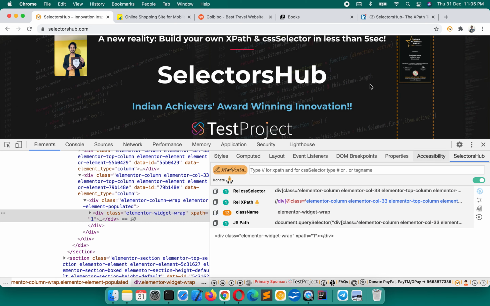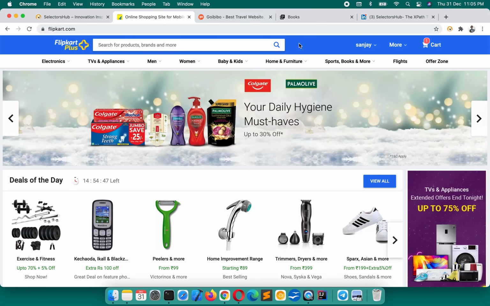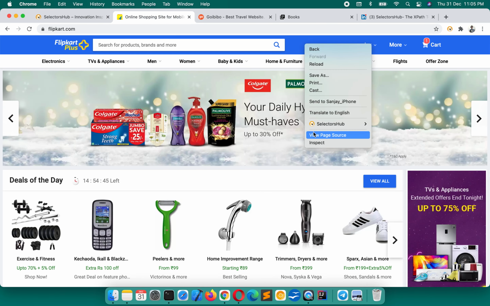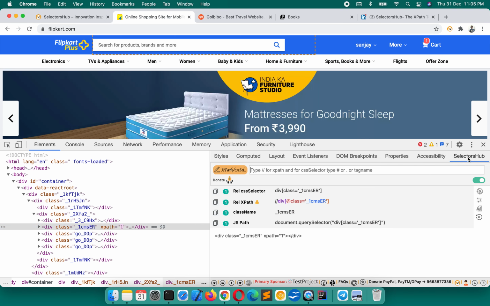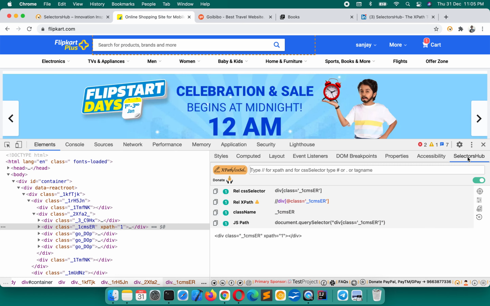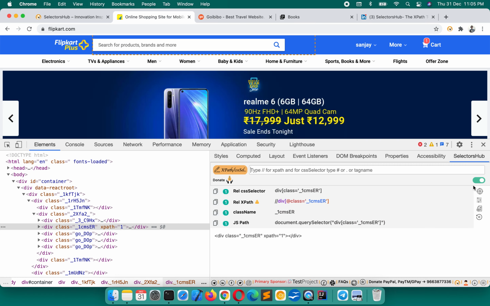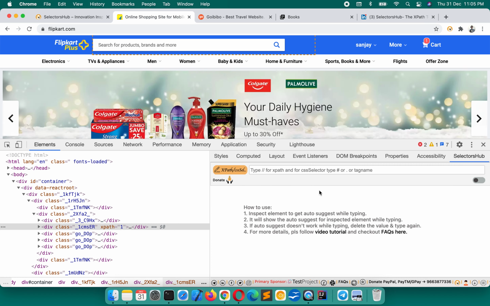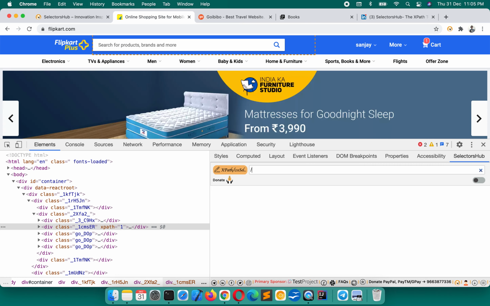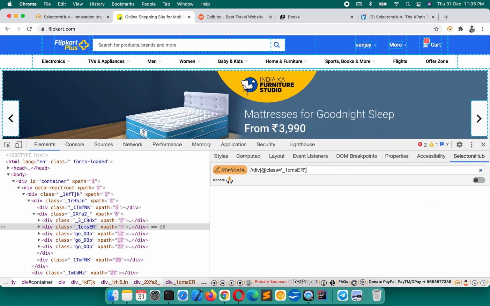So this is simple. Now, in case of different websites, whatever UI you have set will open here next time. Let's say you don't want the auto generated selectors, you can turn this off and just stay in editor mode, and here you can write your own XPath and CSS selector quickly.